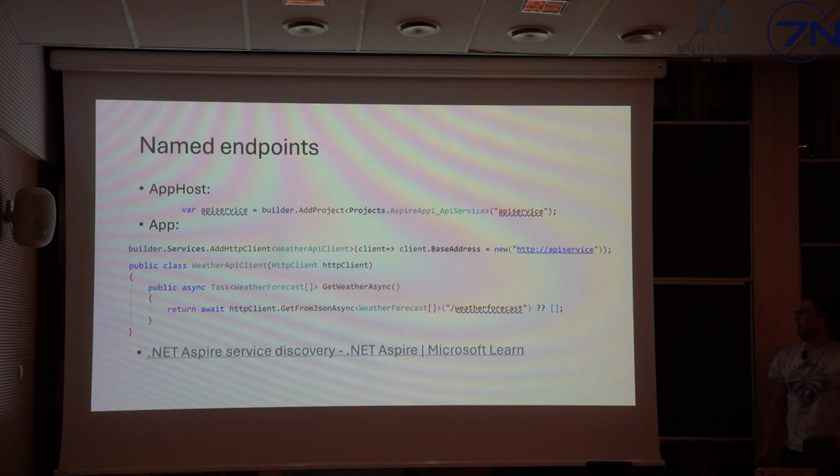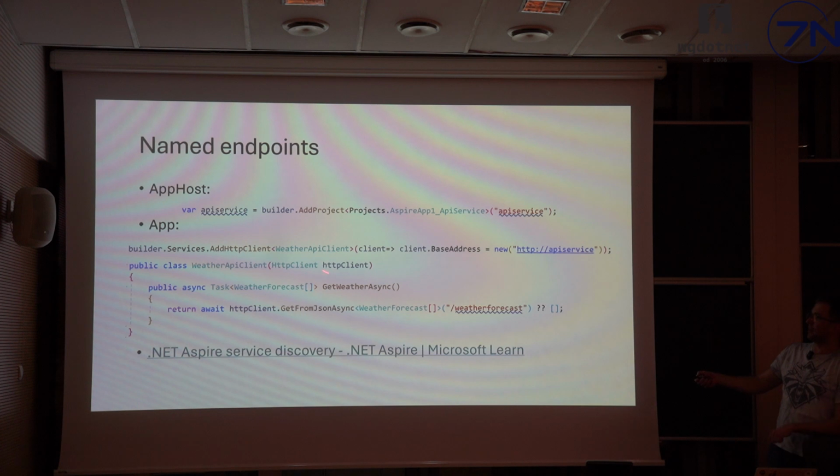I'm not sure if you have noticed, but in the code, I was not passing any addresses anywhere. I was just giving IDs to each resource. So for example, when I was defining the backend project, I was saying that this is the API service. That's it.